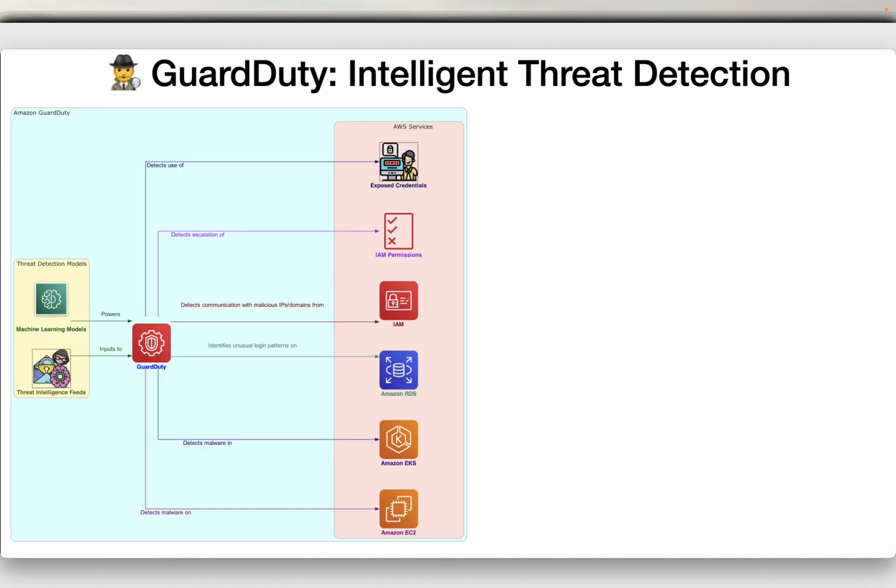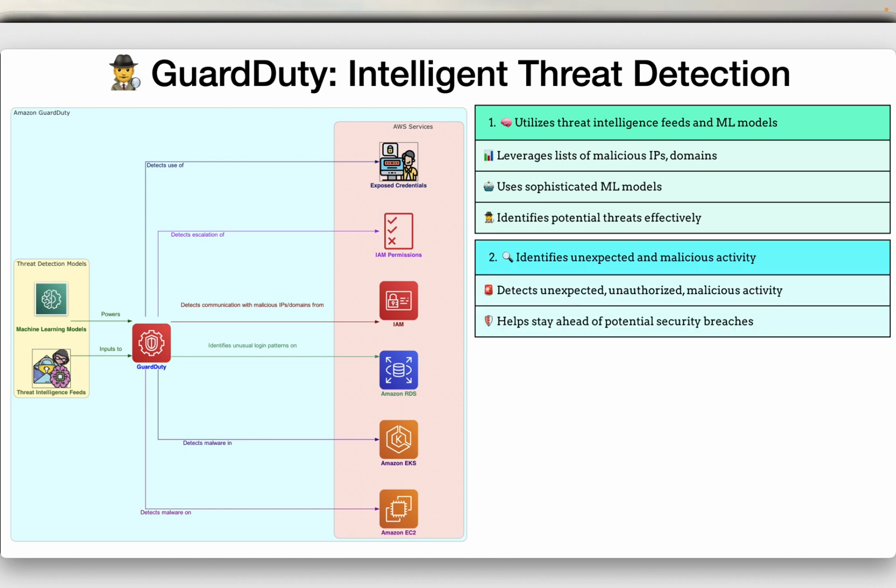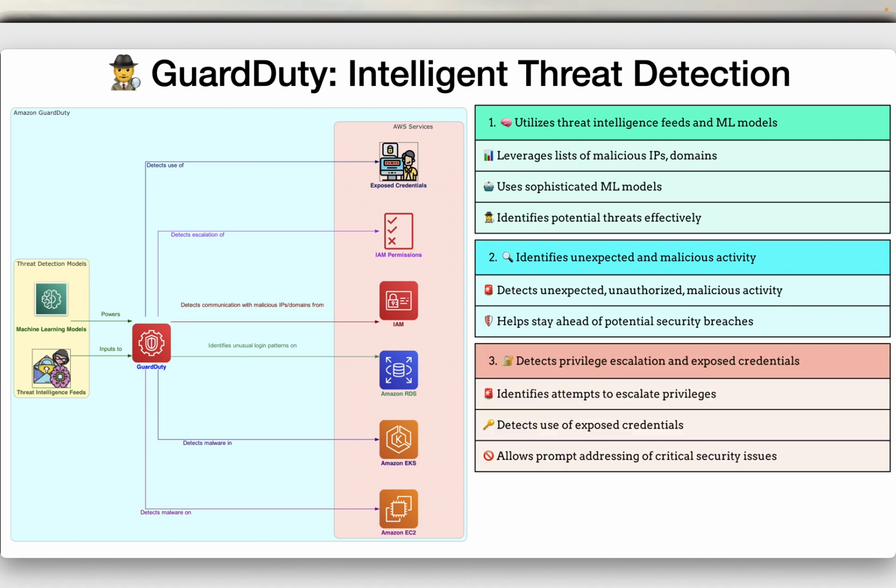GuardDuty intelligent threat detection. GuardDuty leverages lists of malicious IP addresses and domains along with sophisticated machine learning models to effectively identify potential threats within your AWS environment. The service is designed to detect any activity that appears unexpected, unauthorized, or malicious, helping you stay ahead of potential security breaches. GuardDuty can identify attempts to escalate privileges or the use of exposed credentials, allowing you to address these